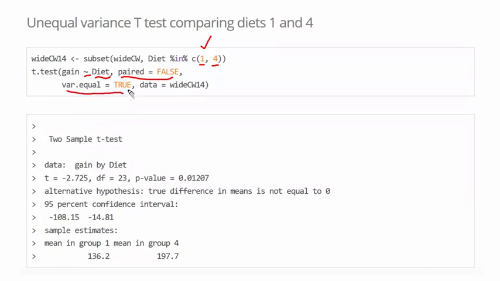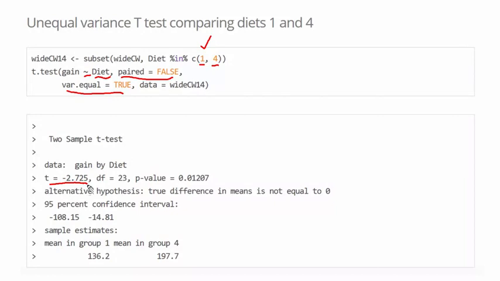I'm assuming equal variances, and in the last lecture we concluded that equal variances maybe isn't the best thing to do in this particular data set. So I would suggest that you try on your own running this example with var equal as false to see how it changes. In this case, our t statistic, which is the estimate, the difference in the average weight gain between the two diets,